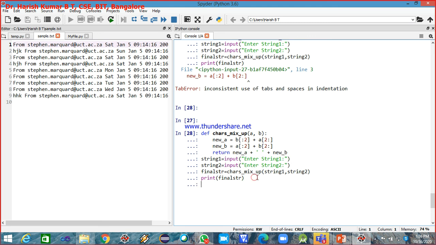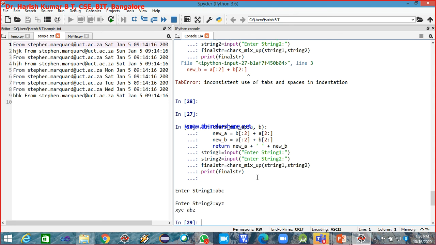Let's see now. Yeah, it's correct. I'll give the same ABC, XYZ. So this is XYC ABZ. So the first 2 characters of each string are swapped.